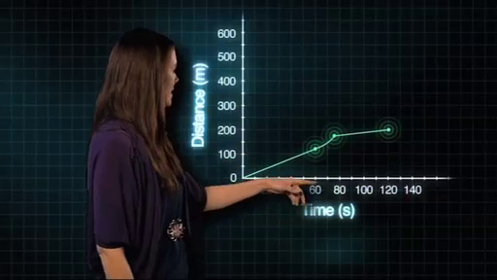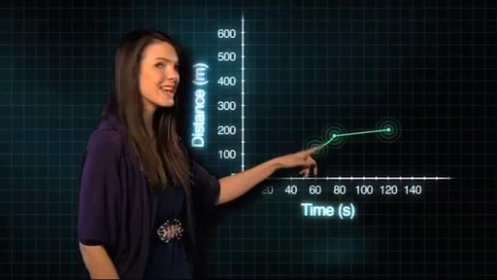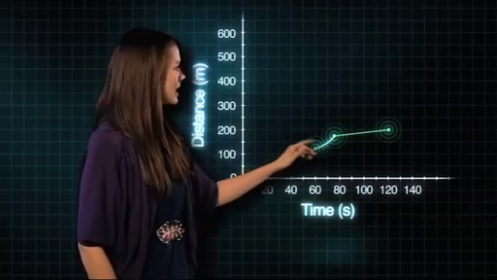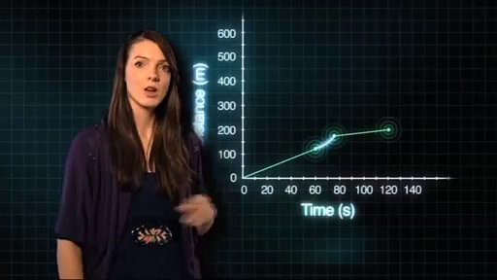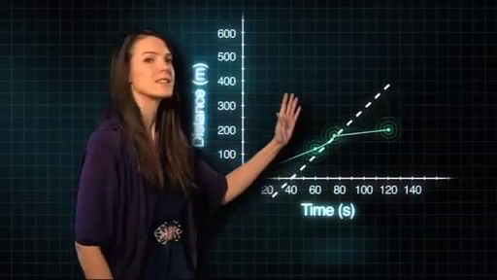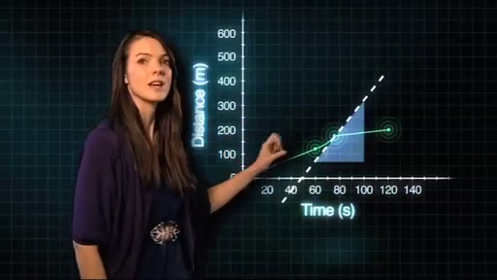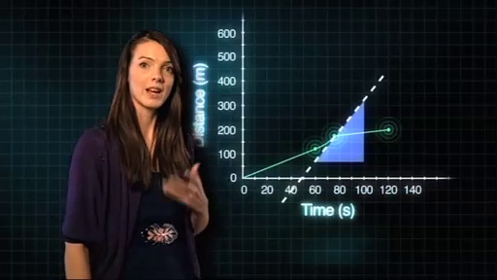Right, well let's have a look at how fast Dave was going at about a minute. At a minute, that's 60 seconds, which is this point. And at this point, the graph is a curve. So what we need to do is place a tangent on this curve and find out where that tangent is the steepest. Now, if we draw a right-angled triangle onto our tangent, that means we can find out the speed